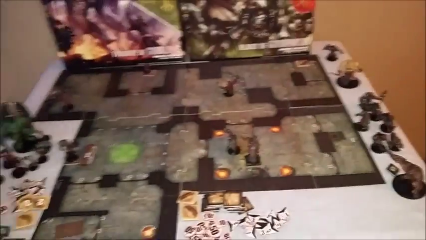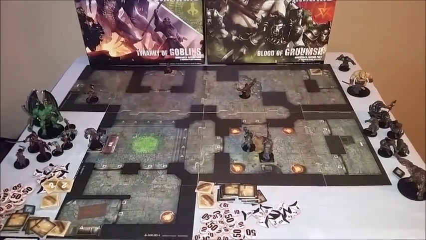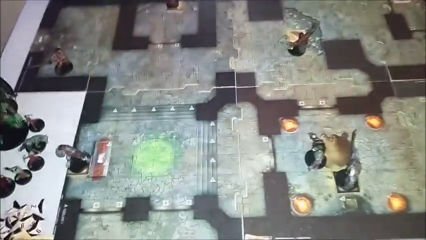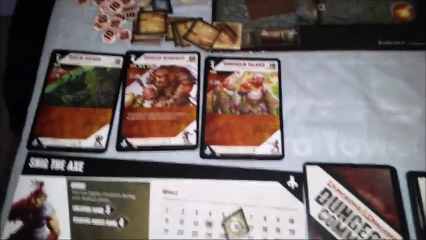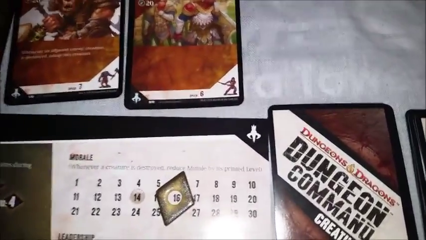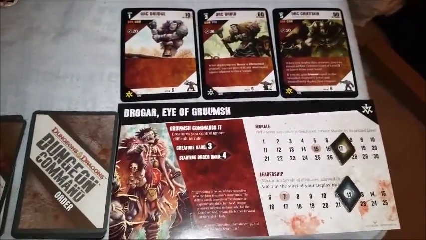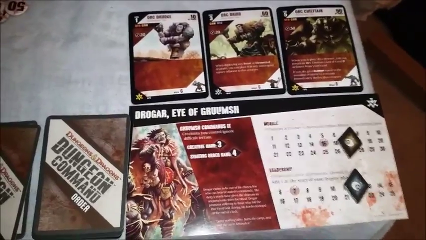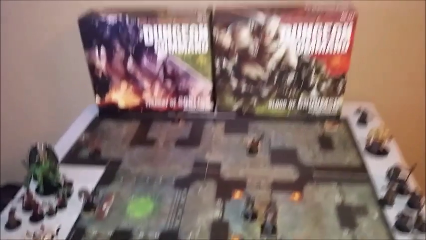Alright, so that is going to be the end of rounds 1 and 2. There is the current board status of the battlefield. We have currently 3 creatures deployed, and some good ones on standby. And then the orcs are prepared to probably crush us. But have faith, my goblin friends. Have faith. Until next time,